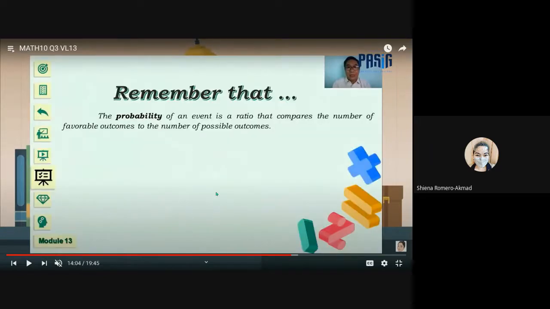So, ano yung kailangan niyong tandaan? You should remember that the probability of an event is a ratio that compares the number of favorable outcomes to the number of possible outcomes. And that is written in this expression na kailangan nasa numerator yung favorable outcome and nasa denominator yung possible outcomes. So we have probability of an event to happen is equal to the number of favorable outcomes divided by the number of possible outcomes. In symbols, we have,